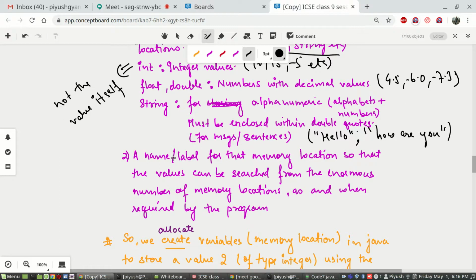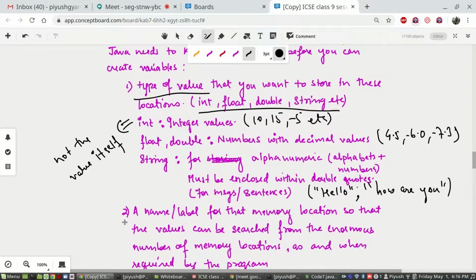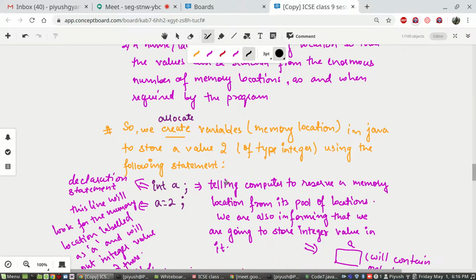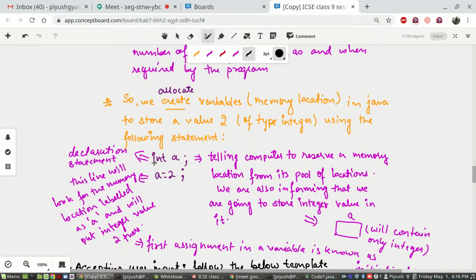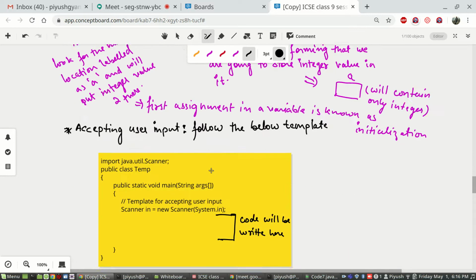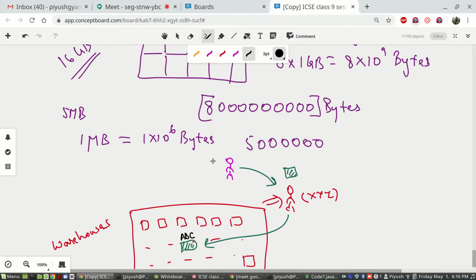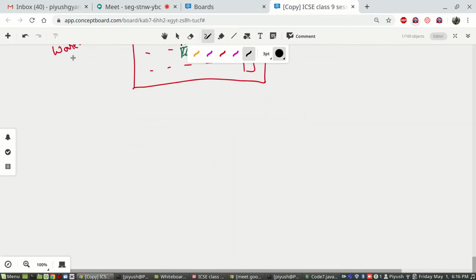So now how do we provide computer using Java code about these two informations? So in order to do that, what you will write? You will write this sentence, int a. Computer needs two information.